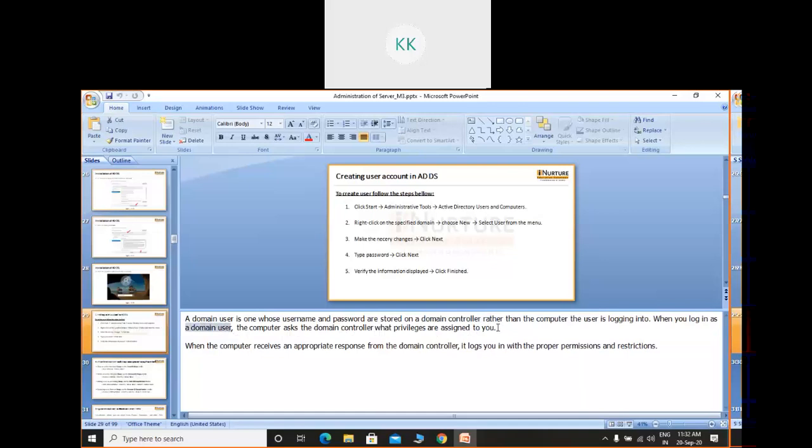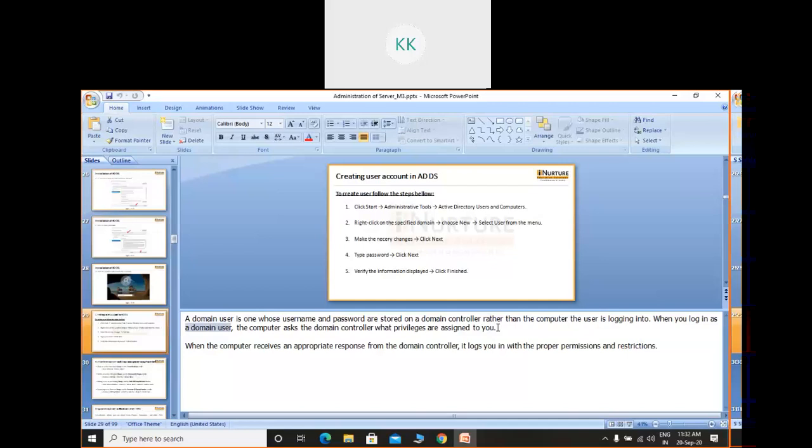In an organization, all the employees do not have the same access. Some have more, some less, some different types of access. During the creation of the user, the administrator has to decide what facilities he or she will provide to you. Based on this, you will be welcome to this domain.